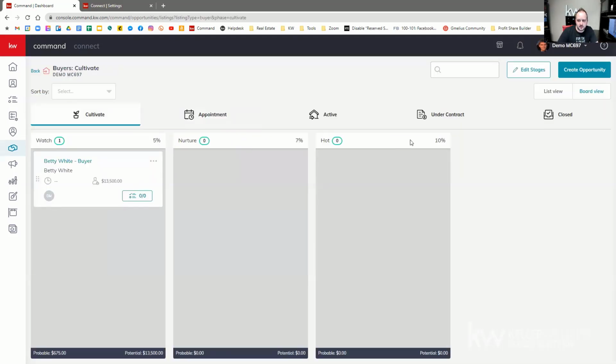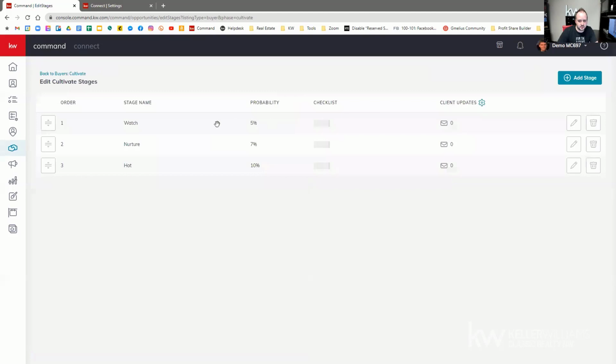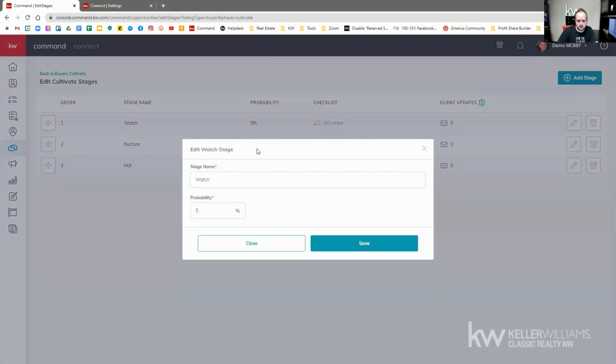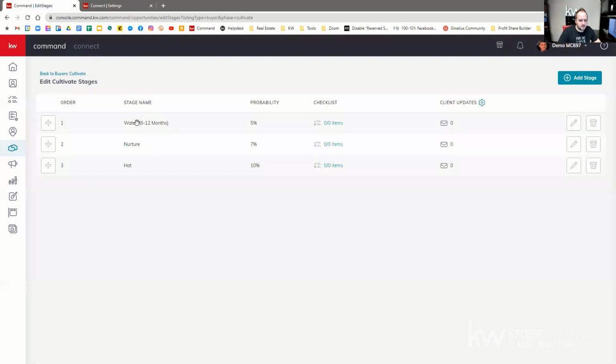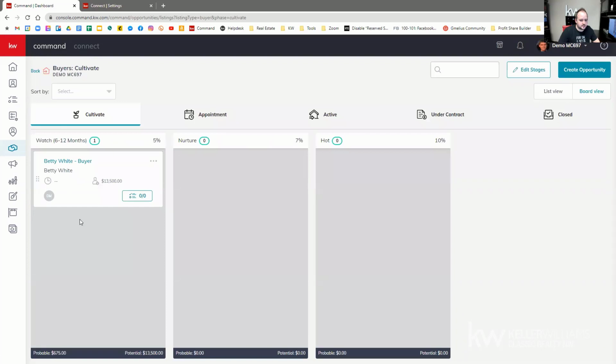And again, I could go rename these for the buyers. I could hit edit stages and watch, and I could put 6 to 12 months. That's just for me, but that makes it super easy for me to go, hey, everybody in that category is 6 to 12 months or so out from buying or out from selling. And I can always go back in here to look and see those are the 6 people, 10 people, 12 people, whatever it is, to make sure that I'm staying on top of those,